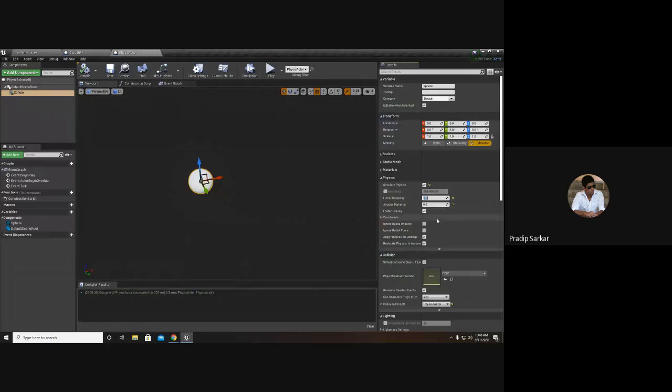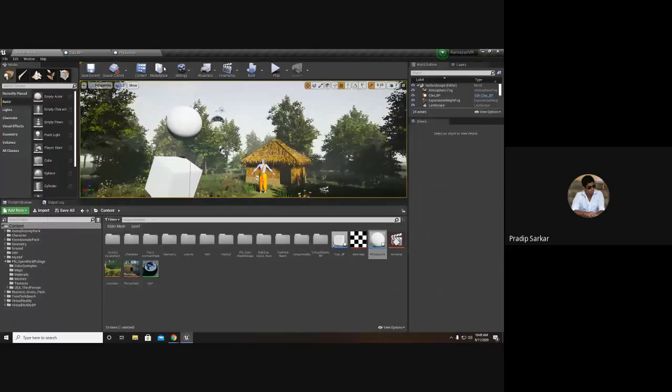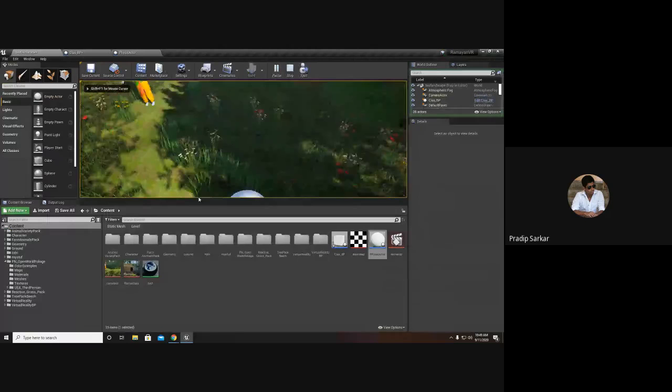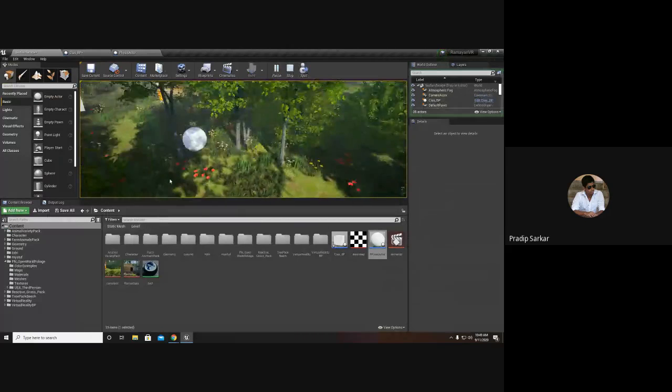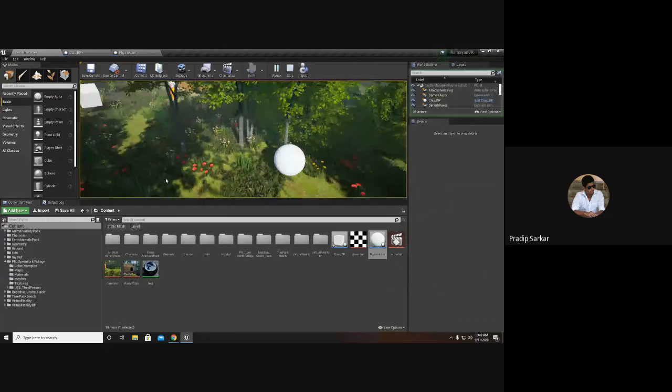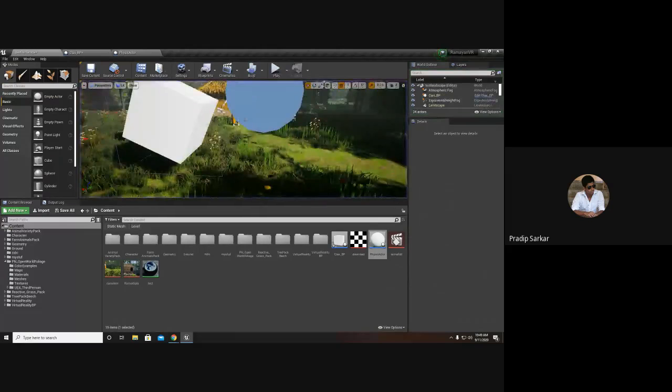Now see, again we have set it to 0.01 and 0. I set it back to the defaults and hit play. Now it will keep on rolling without any kind of friction.